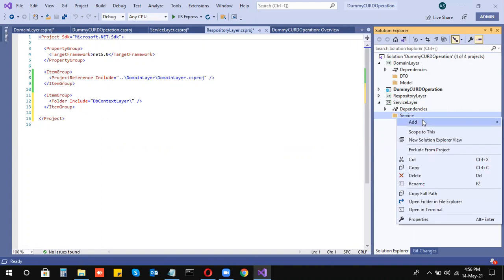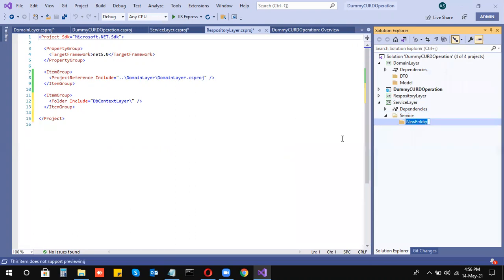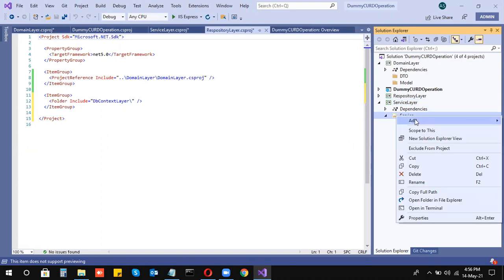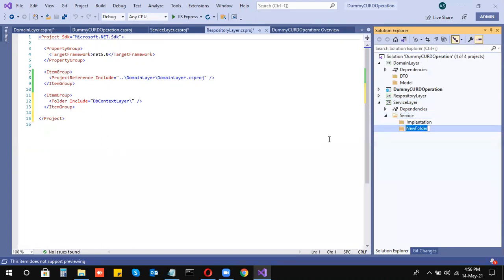Inside the services I'll create two different classes: one for the implementation, where I'll write the code for the business logic, and another for the contract, or you can say the interface.